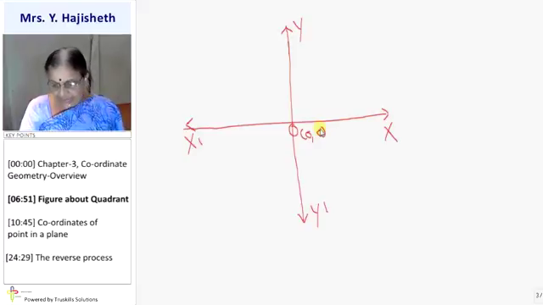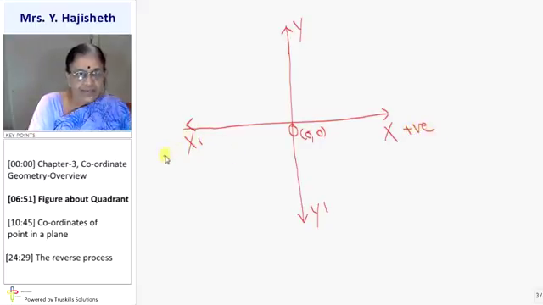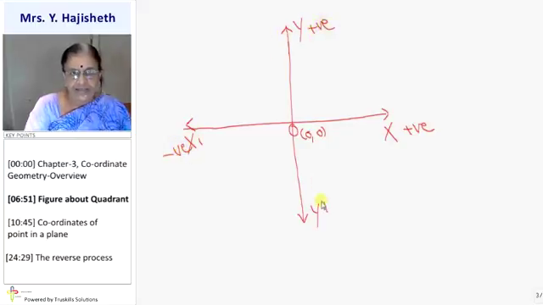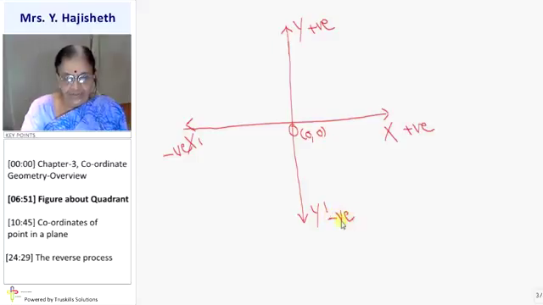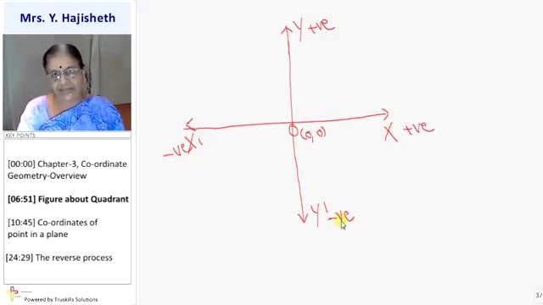Positive numbers lie in the direction of OX. X coordinate's positive numbers lie in the direction of OX. In the direction of OX, we take all positive numbers. It is a positive direction of x-axis. This is a negative direction of x-axis. This is positive direction of y-axis, and this is negative direction of y-axis. So, OX dash and OY dash are negative direction of x and y-axis respectively, and OX and OY are the positive direction of x and y-axis respectively. Okay,